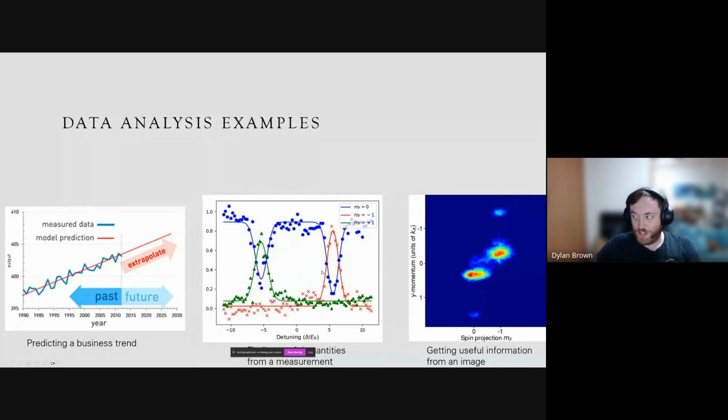This is data I've actually taken from my PhD, but what the data is is not super important. And we can add these blue curves here, the blue curve, the green curve, and the red curve, using analysis techniques to try and understand the data better. So this is the type of analysis I'll be focusing on today,